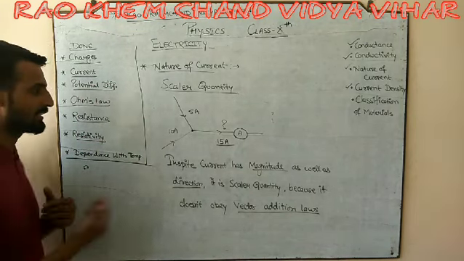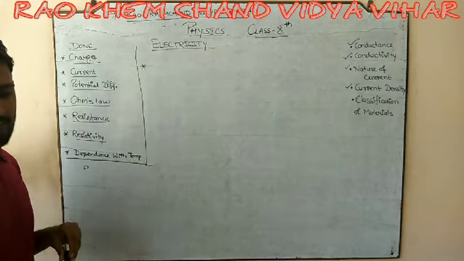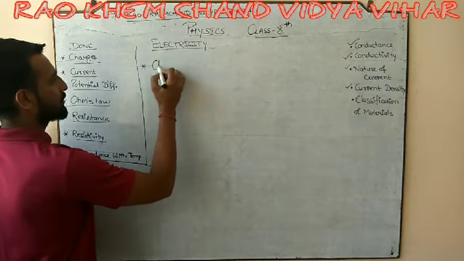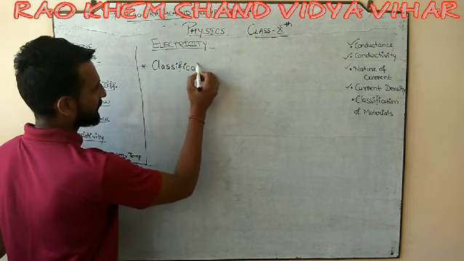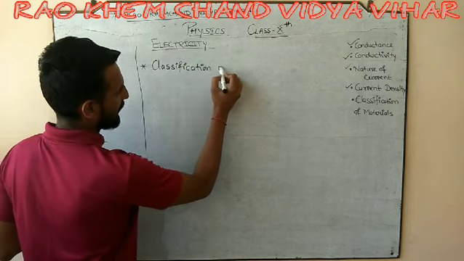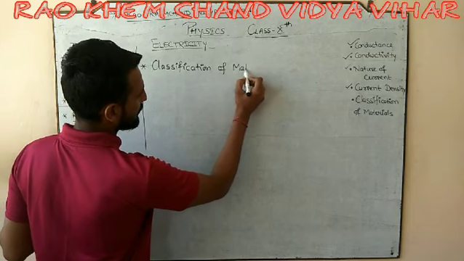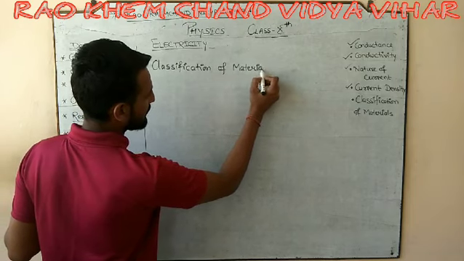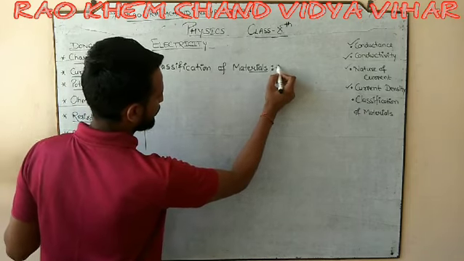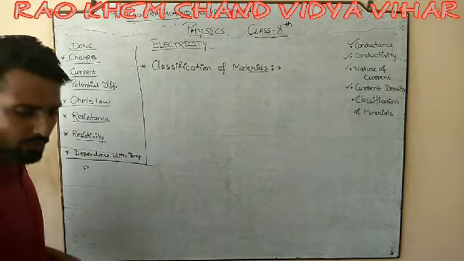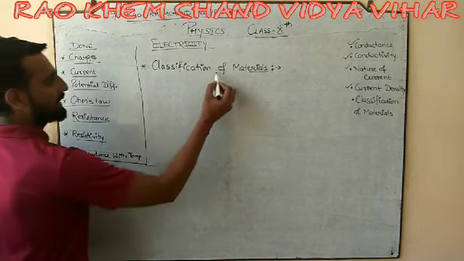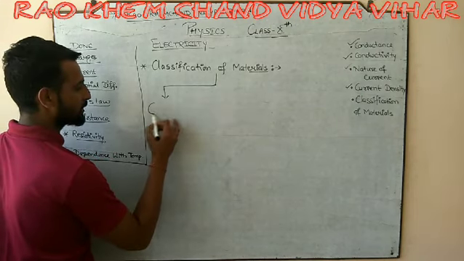Done? Now, so we have discussed conductance, conductivity, current density, nature of current. At the last, I want to study this topic with you, and that topic is classification of materials. So what are the classifications of material that we are working? We all know that materials have been classified into three categories: